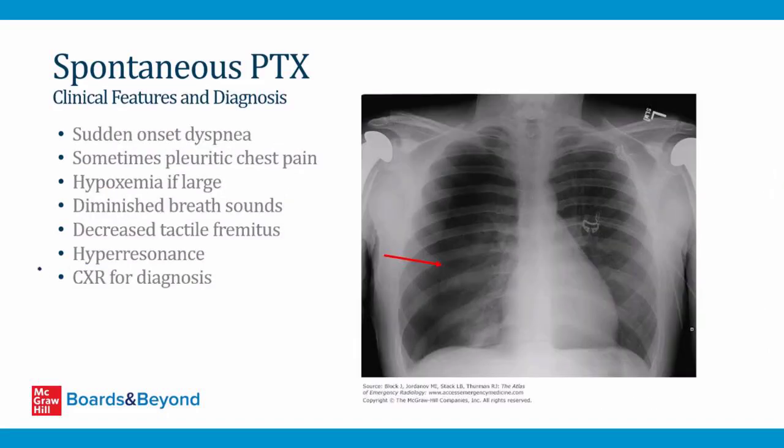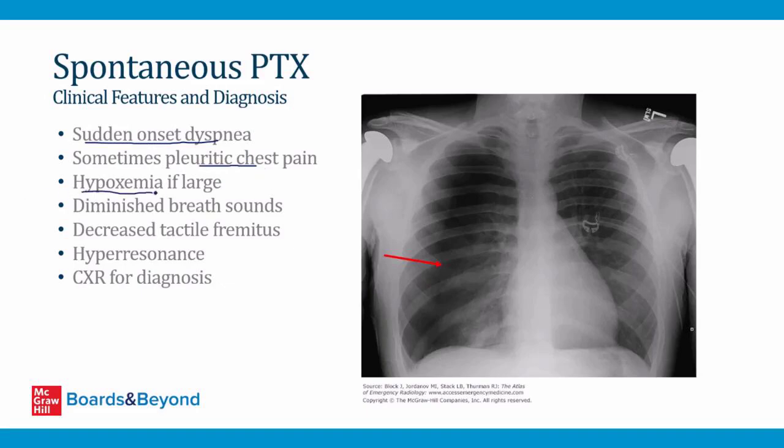So when a spontaneous pneumothorax happens, what does this lead to in terms of symptoms for the patient? Well, first of all, there can be the sudden onset of dyspnea. Remember what I showed you on the last slide? The lung tissue on the side of the lung with the pneumothorax is going to shrink, and that's going to take away a lot of lung area for oxygenation of blood, so patients can develop dyspnea. Sometimes they develop pleuritic chest pain, and if it's a very large pneumothorax, sometimes it can lead to hypoxemia, although